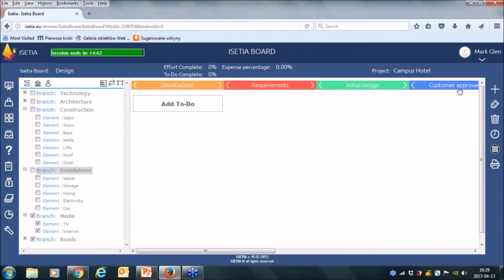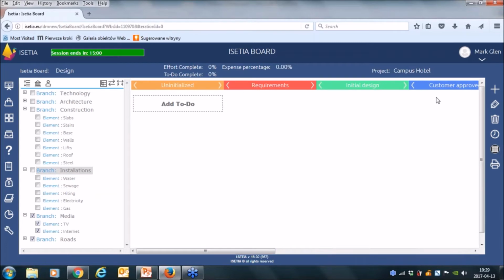And on the right side, we can establish some control process, which we will be using while performing concrete works. As an example, I used some phases of this process: requirements, initial design, customer approval phase, final design, final assessment, submission, and archiving.